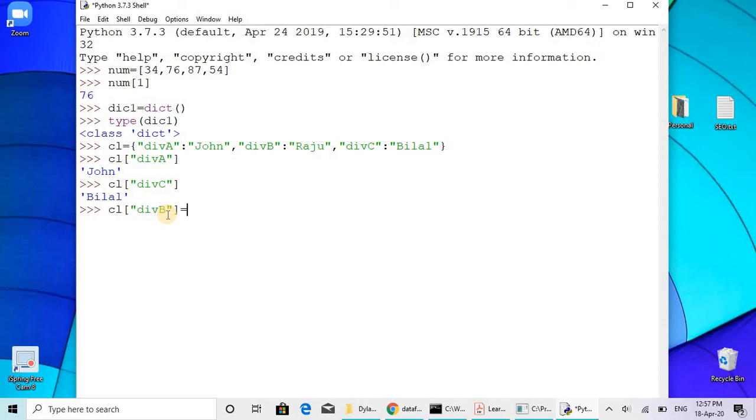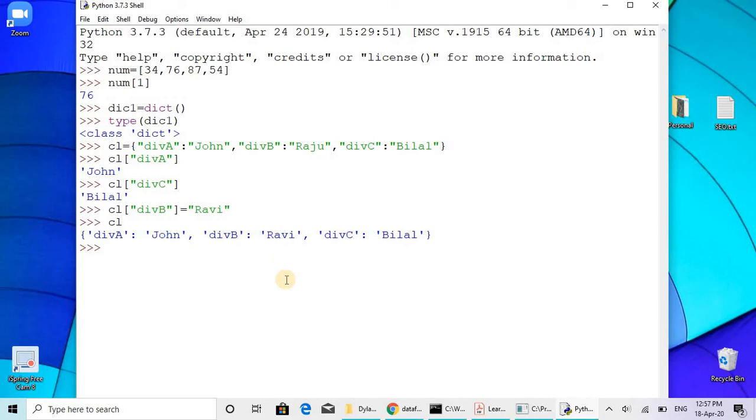Class teacher of division B equal to, I am assigning a new value, that is Ravi. Okay, class teacher is changing, assigned that one. Now I can check the details of the dictionary. Class division A John, division B Ravi, division C Bilal. Okay, we can change like that also.